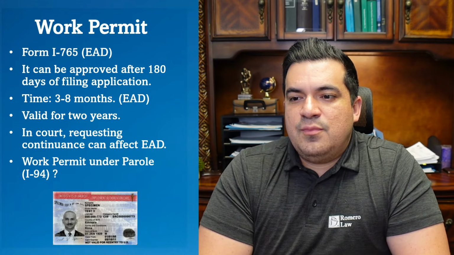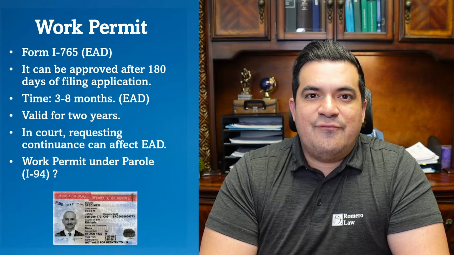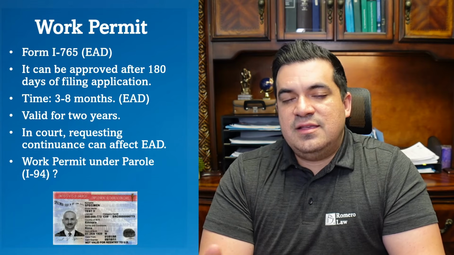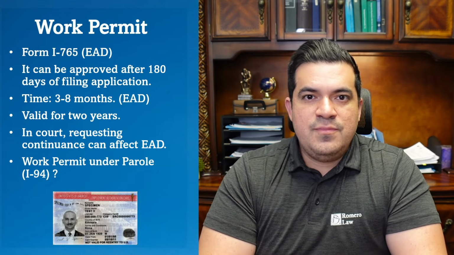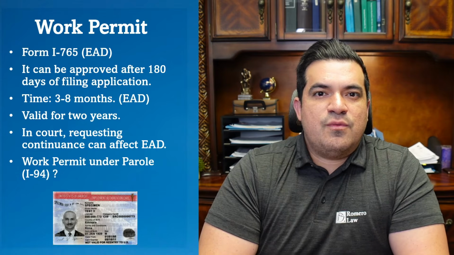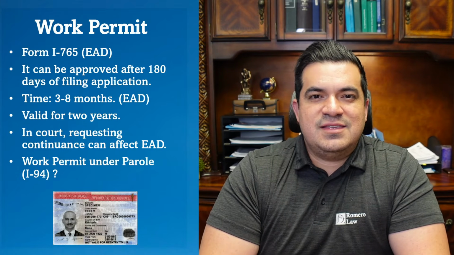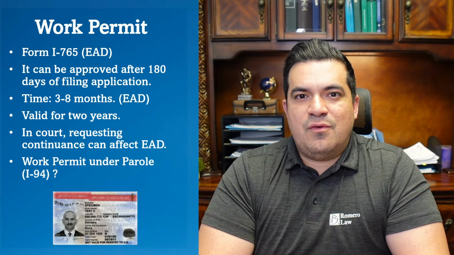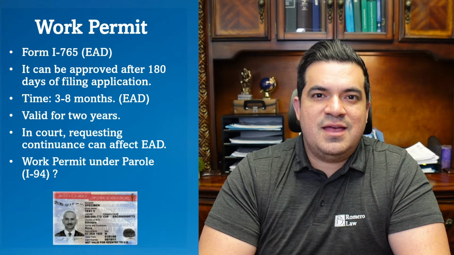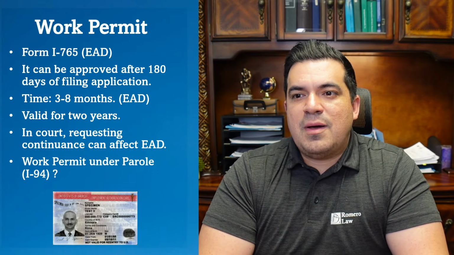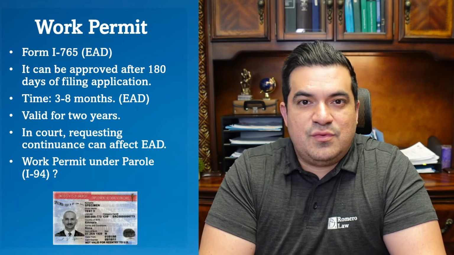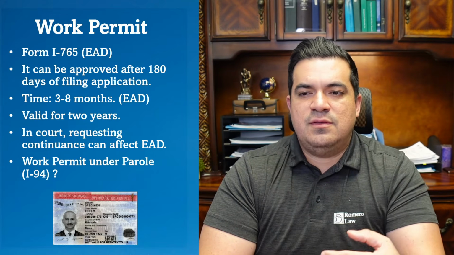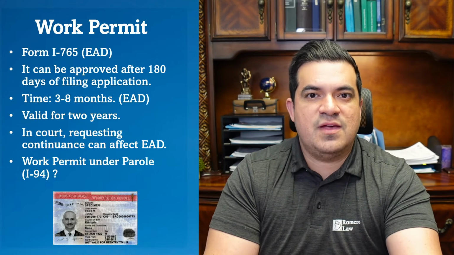Another question is when people get a parole, which is the form, the I-94. Sometimes it's valid for like a year, it can be more or it can be less. Technically, yes, you can get a work permit under that parole, but because a work permit can take anywhere from 3 to 8 months to process, and let's say the parole is valid for a year, if you do get your work permit, it might be valid for 1 or 2 or 3 months. So sometimes it's not beneficial to apply for it when it's going to expire shortly after receiving it. So that's why I like to recommend people request it once you get through the asylum process, and that work permit is valid for 2 years.